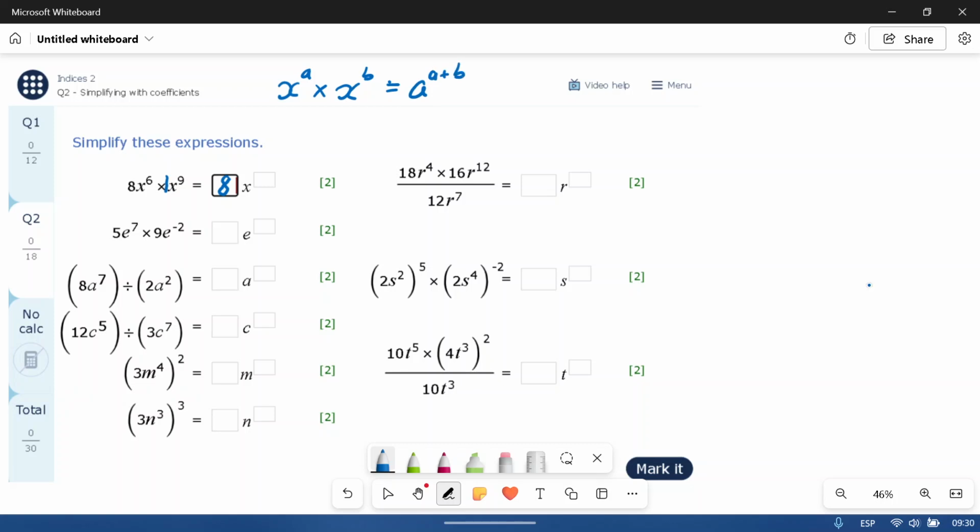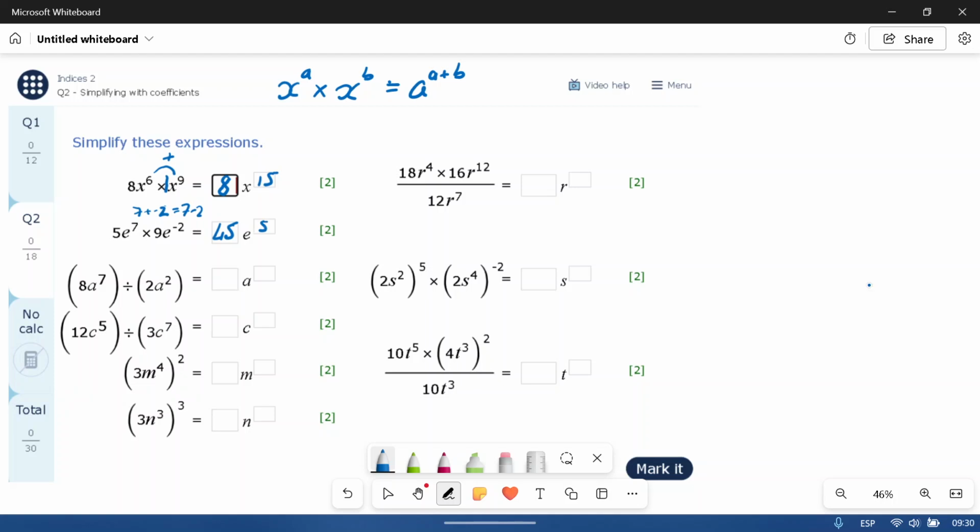So in this case, it will be 6 plus 9, 15. Here, 5 times 9, 45. And then here we have 7 plus minus 2. Plus and minus causes a minus, so that is the same as 7 minus 2, which will give us